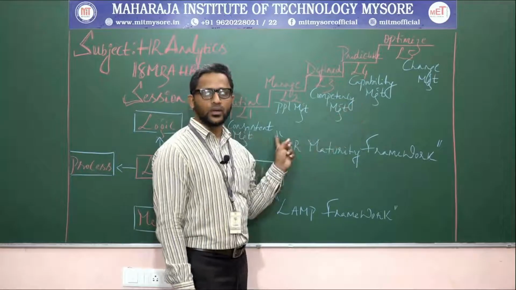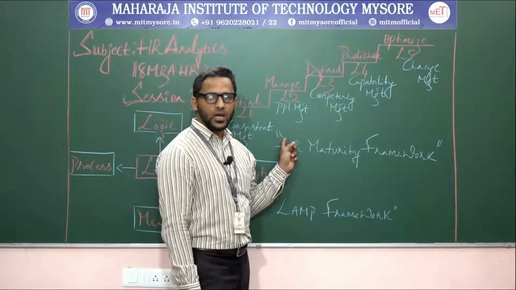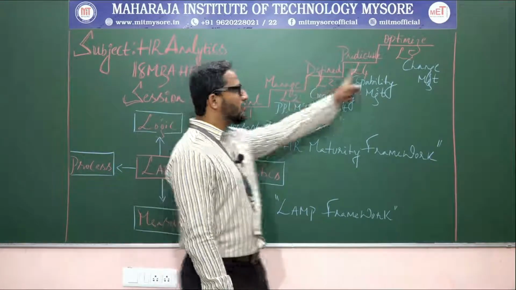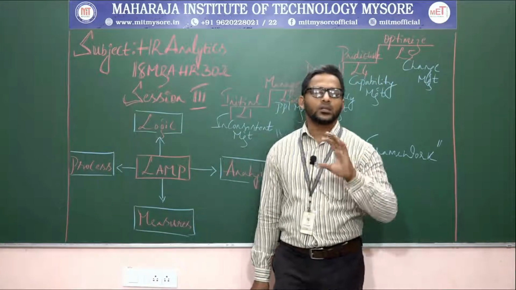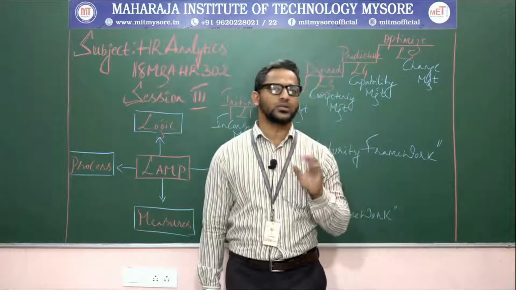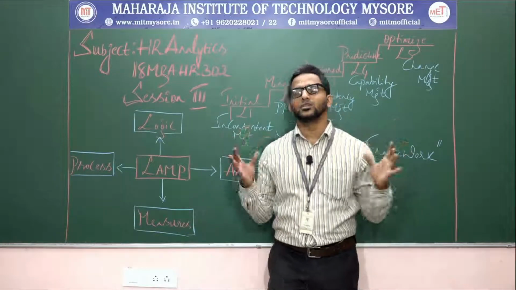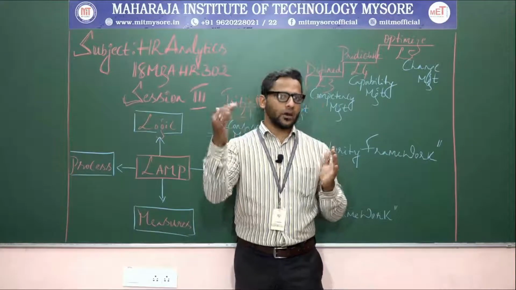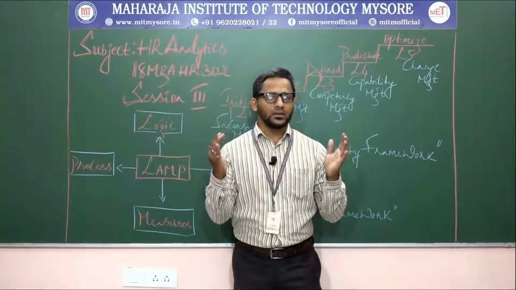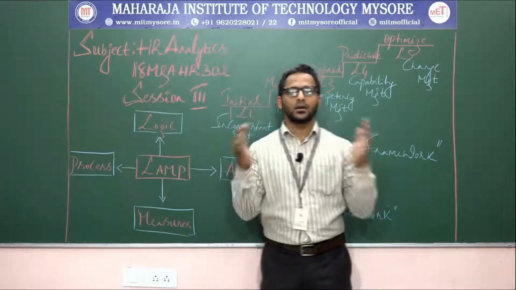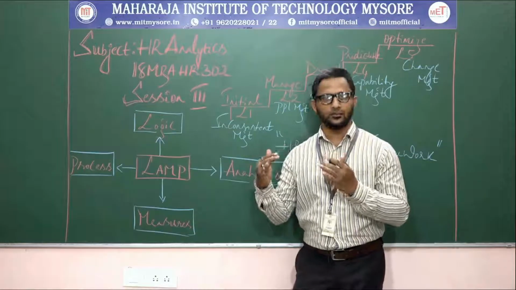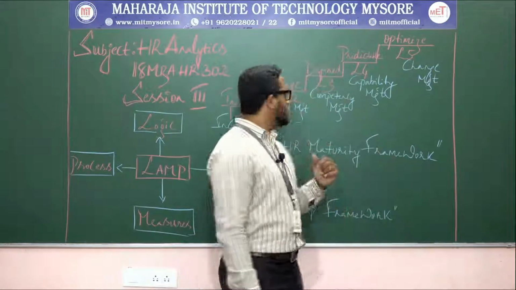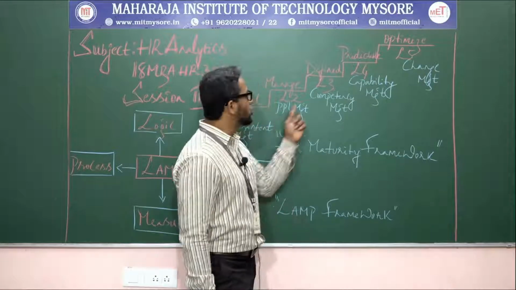What you're going to look at here is the HR Maturity Framework. It has level 1 to level 5. So we're going to discuss 5 levels, or we call this a 5-stage HR maturity model. This is very similar to your HR maturity journey. Not too much similarity, but you can compare it a little bit with the HR maturity journey. Now, taking up these 5 levels, level 1, level 2, level 3, level 4,